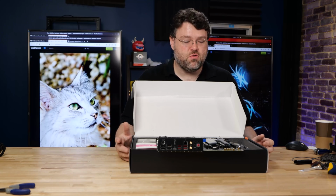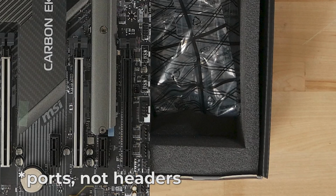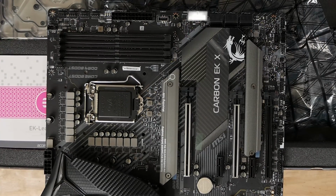In terms of other motherboard connectors, there's a ton of connectivity here. At the bottom edge of the motherboard, we've got our front panel header connector, our 5050 RGB header, 2 4-pin fan headers, an RS-232 serial port, 2 USB 2.0 headers for a total of 4 USB 2 headers. We also got our front panel connections, including an RGB LED switch, so you can kill that if you want to. At the front edge of the motherboard, we've got 6 gigabit per second SATA ports, another USB 5 gigabit port,